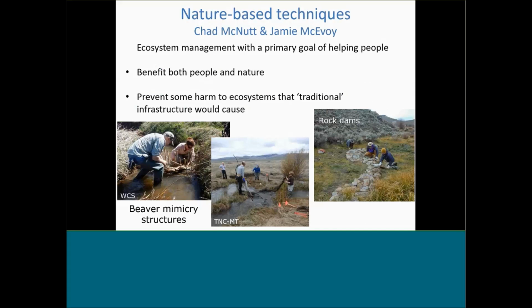We're also focused on something that the Nature Conservancy especially calls nature-based techniques. So this is basically ecosystem management with the primary goal of helping people. So at the end of the day, these techniques, such as building rock dams, are going to benefit both nature and people. And often they're used in lieu of these more traditional infrastructure techniques to prevent some kind of harm to ecosystems. So we're focused on sort of researching the efficacy of these things and trying to get them more on people's radar as things they could use. And then the next slide,